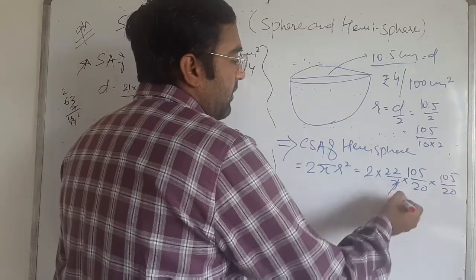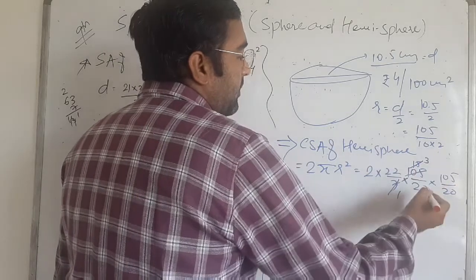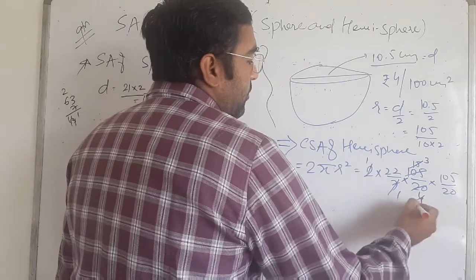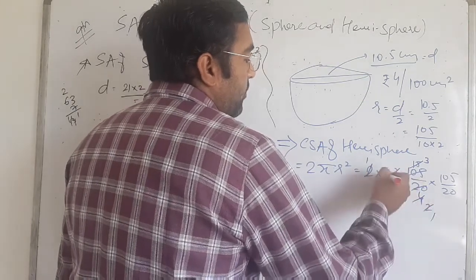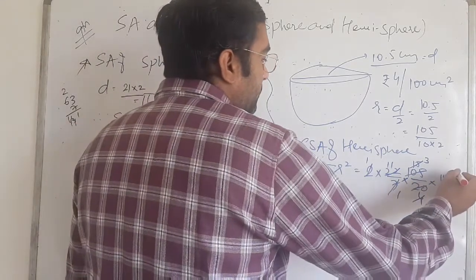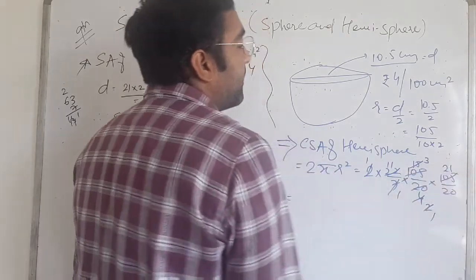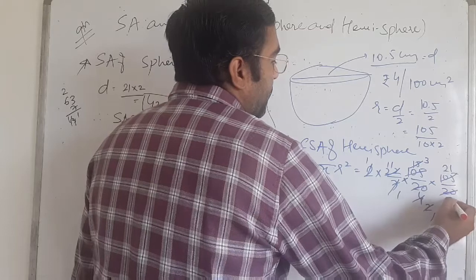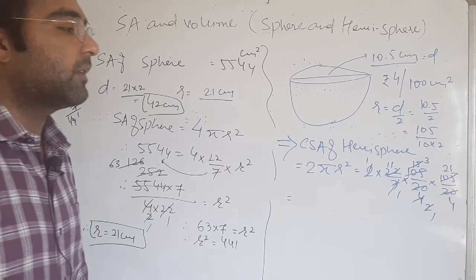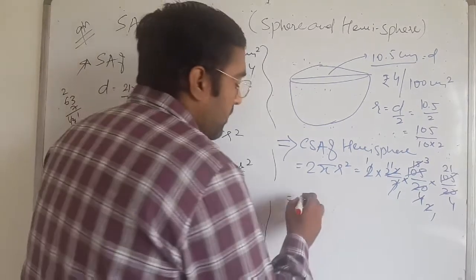7 ones are 7, 7 threes are 21, 5 fours are 20, 2 ones are 2, 2 twos are 4, and 2 ones are 2, 11 ones are 22. Now 5 twos are 10, 5 ones are 5, 5 fours are 20. Now there is not any kind of cancellation. So we have to write it now.